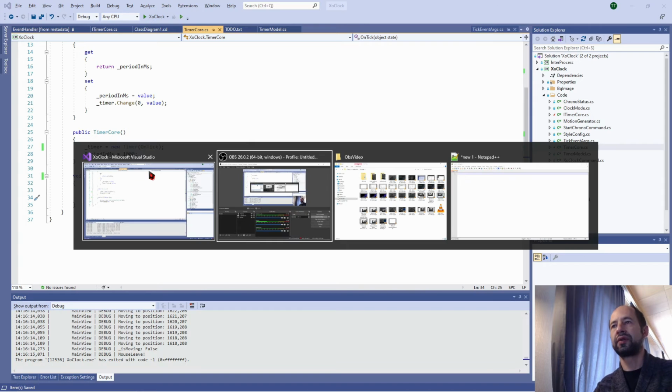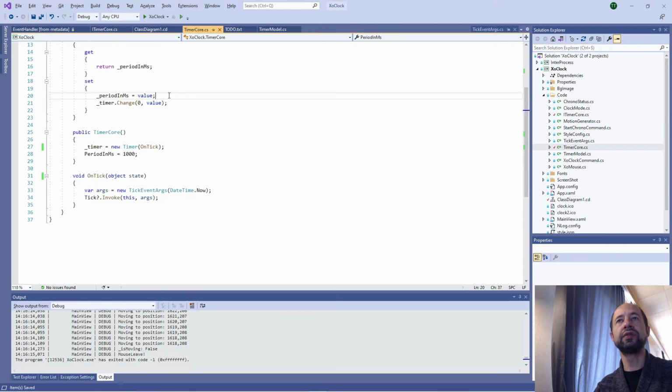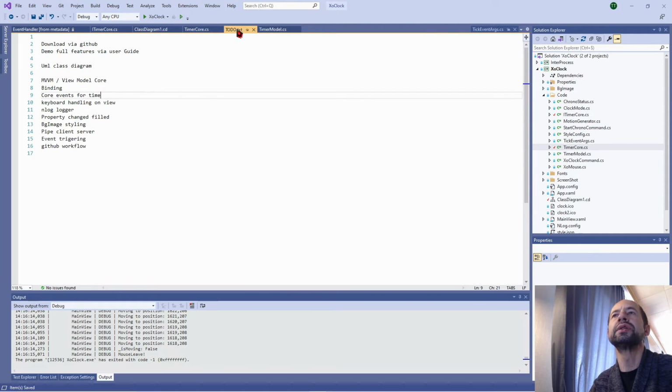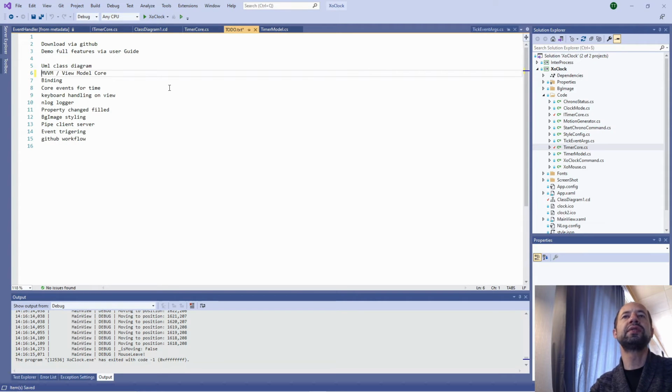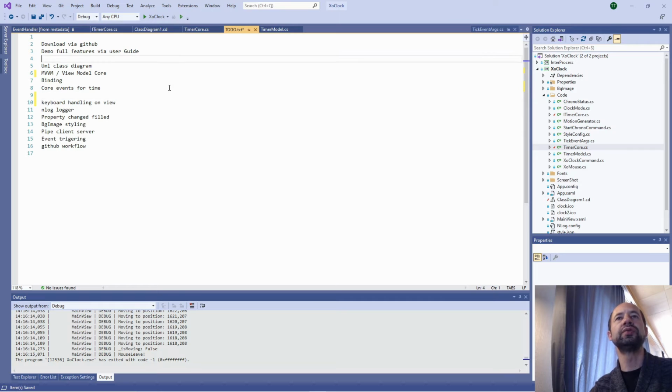Good. So let's continue the discussion on things. So we have seen UML diagram, MVVM, binding, core events for time. We have seen keyboard handling on views.